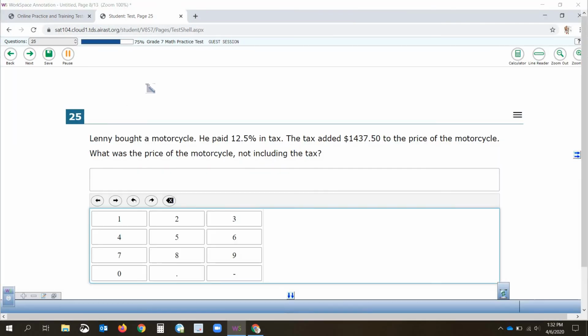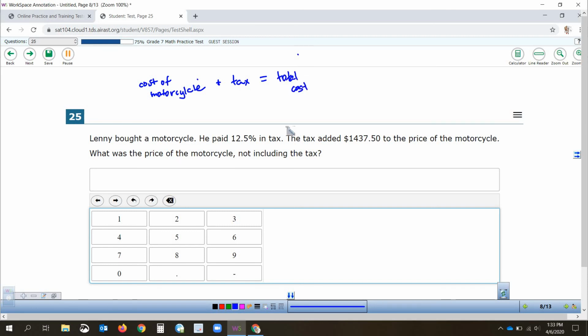All right, so what we have here is we have a motorcycle. I'm kind of tempted to draw a motorcycle, but my artistic skills leave much lacking. So we have the cost of the motorcycle, the original. Did I spell that right? Motorcycle. There we go, right? So we have the cost of the original, plus we have the tax. And that would give us the